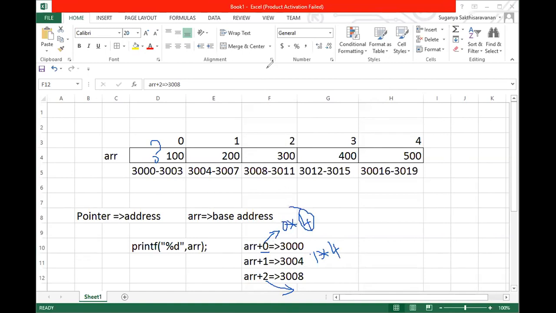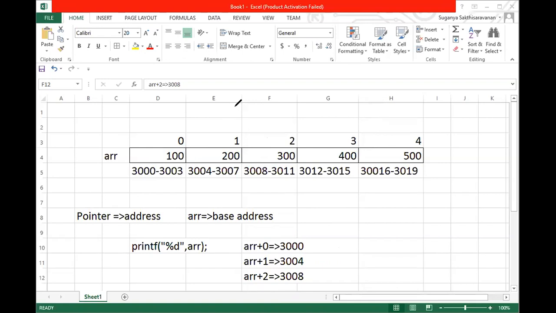It may vary. If you are going to deal with the character type, then it will be multiplied with 1 byte, right? It may vary, depending upon the size of the data you're going to allocate. Either it's an integer array, a double array or a character array. Depending upon the size of it, your pointer is going to move. So we can't say generically that it moves 0 steps, 1 step. The number of steps is decided by the size of the data type. So if it is 4 bytes, it is going to take 4 steps here. So this is what is going to happen.